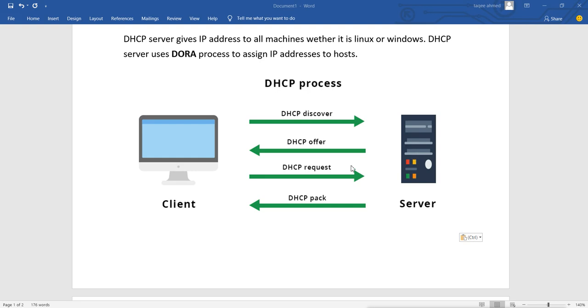Now in this case, what happens? If the DHCP server offers that IP address to a client, which is already used in the network manually, then when the client starts to apply that IP, it will see an IP conflict. Whenever you try to assign the same IP to two machines in the same network, it will give you an IP conflict error.